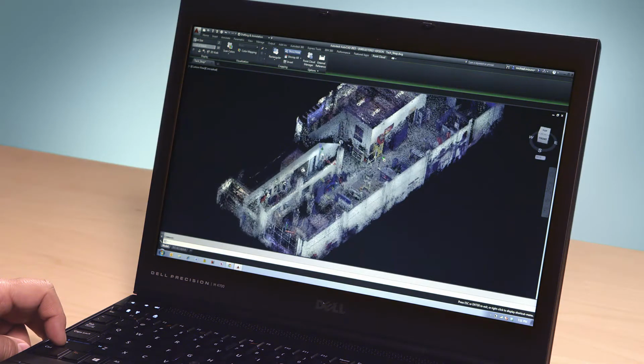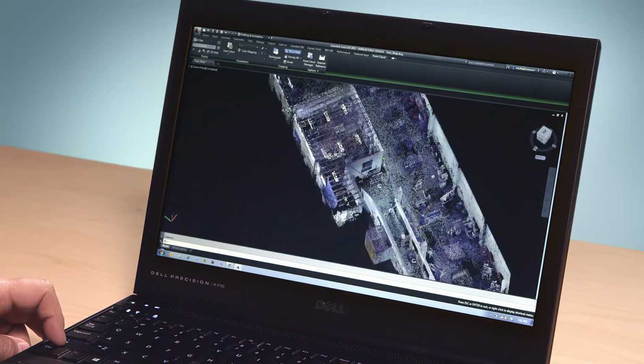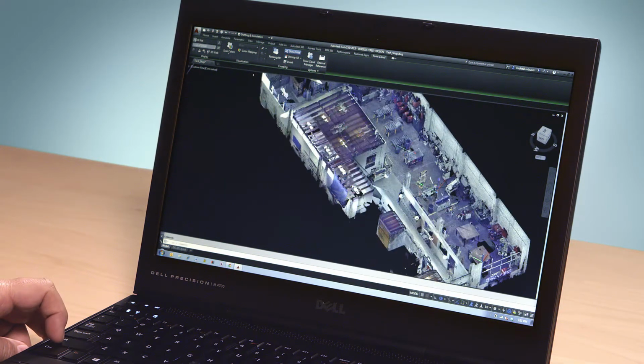I'm excited to introduce you to reality computing. You may be familiar with reality capture, which is when you bring point cloud data into your design project. Reality computing lets you work with that data directly inside AutoCAD 2015. Performance and visualization have been vastly improved to the state where the point cloud is the model. The point cloud now behaves just like any other design element inside AutoCAD with the same flexibility and control.